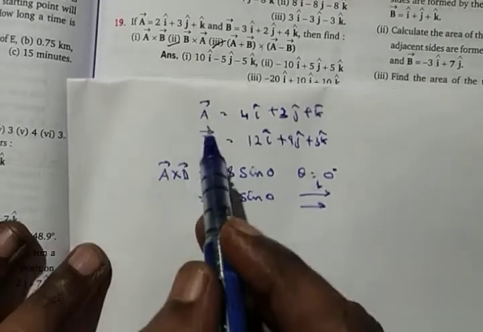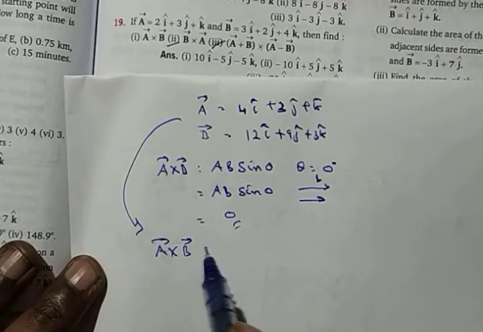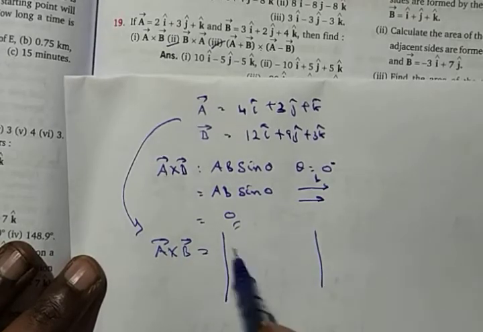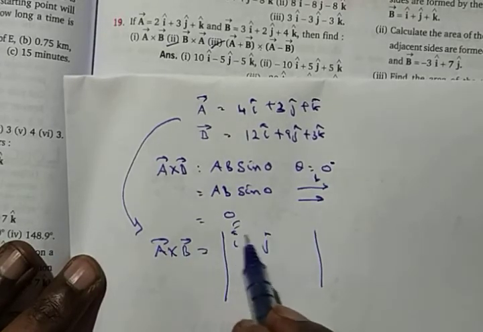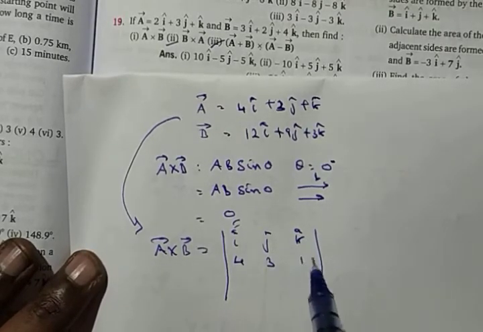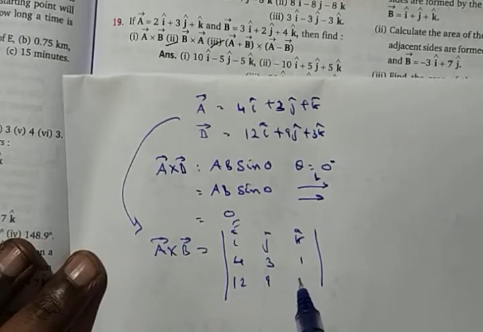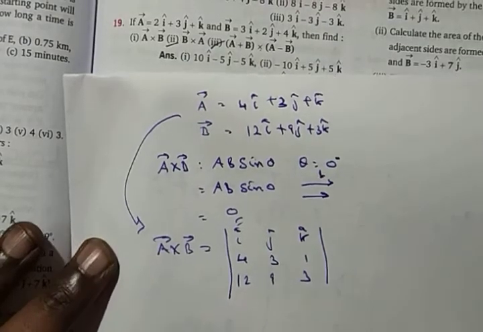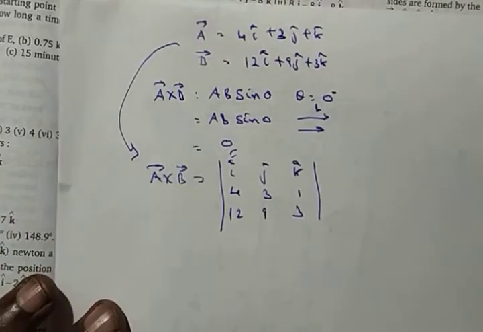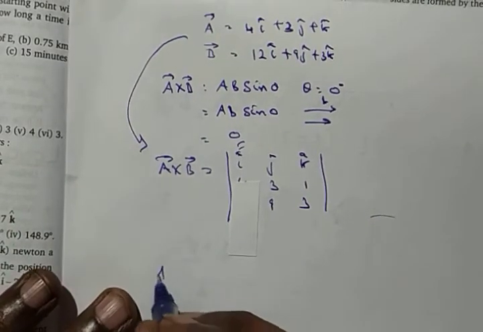When you do the cross product of these two, the final answer you should get is 0. So let us try to do this one. 4, 3, 1 and then 12, 9 and 3. So already we have done this one. Now we need to hide the middle term and see how it comes. So A cross B,